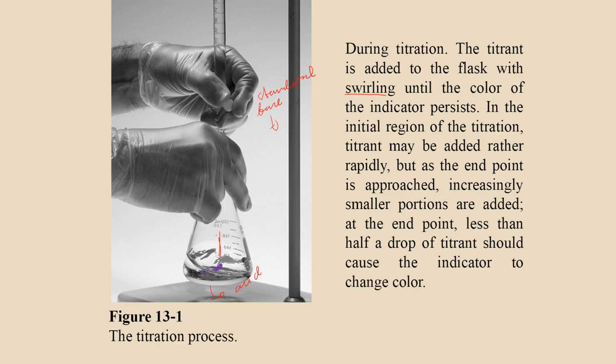So remember, the indicator is homogenized, or rather spread evenly, in the acid solution. So once you drop a concentrated base in your solution, it's going to give you a color reaction. So it's important for you to swirl the flask so that you can evenly disperse the base. Sometimes, if you swirl it enough, the pink color disappears. So it's important for you to swirl it so that you know if you've actually reached what we call the endpoint. Okay? So swirl, swirl until the color disappears or until, as it says here, it persists.